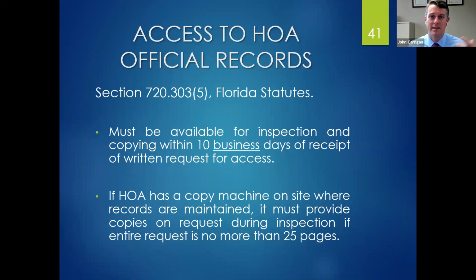But because they had to file a small claims complaint and you had to pay me to defend the case, and they ultimately prevailed because you didn't comply, and I'm a good attorney, but if you didn't comply, you didn't comply. There's not a whole lot I can do. You could end up owing the $500 plus $5,000 in legal fees. So it's very, very important as part of this process to, one, acknowledge when you receive an official records request,